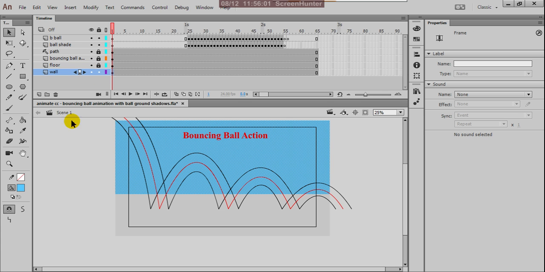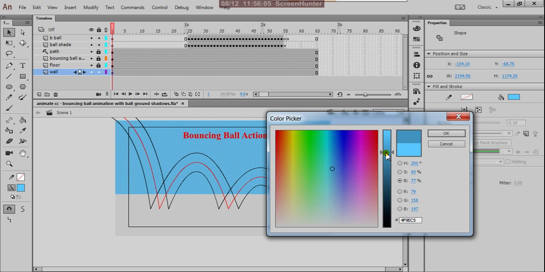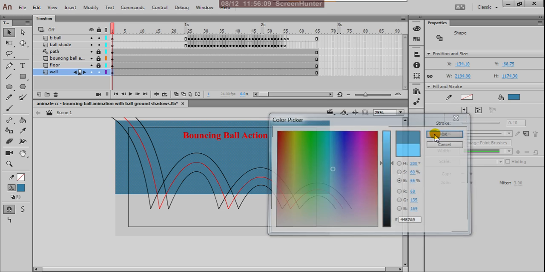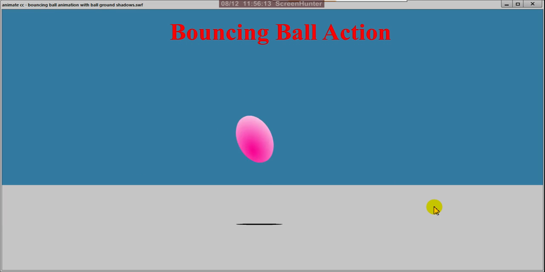For that, what I'm going to do, I'm adding white dark. Now if you see this, control enter, yes, this is nice.